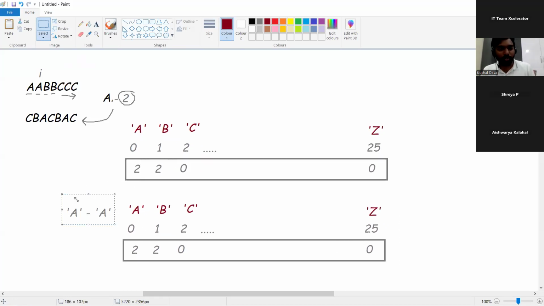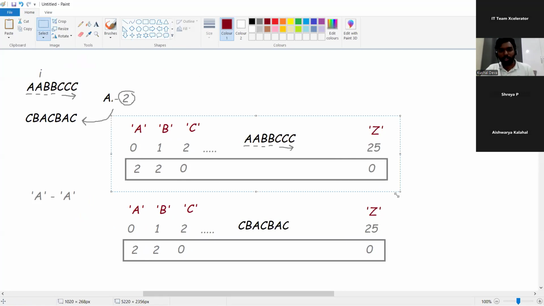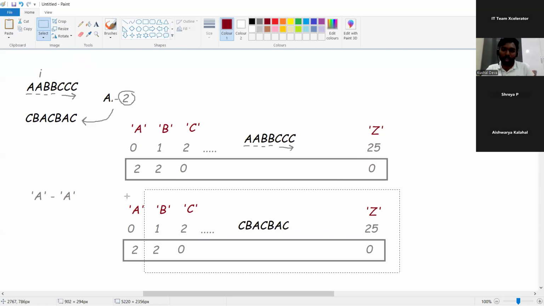So one I would do for the first string. For this one, let's say I would try to do one more for the second string. If all the frequencies over there and here were matching, I could say that these are anagrams. So that's it, something about anagrams. So in this way, you can try to work and you use something like that.